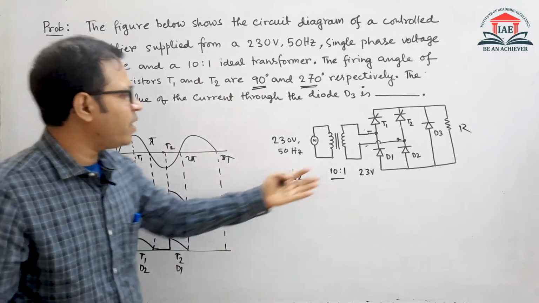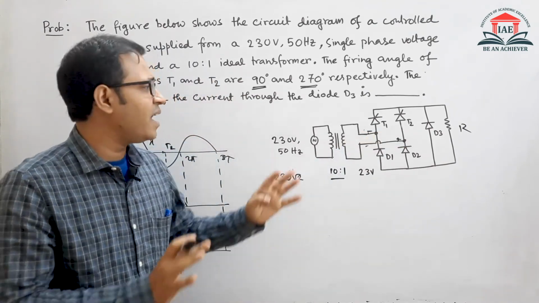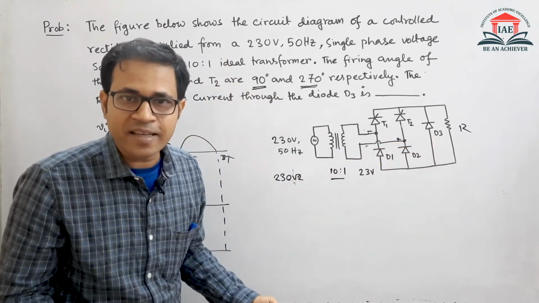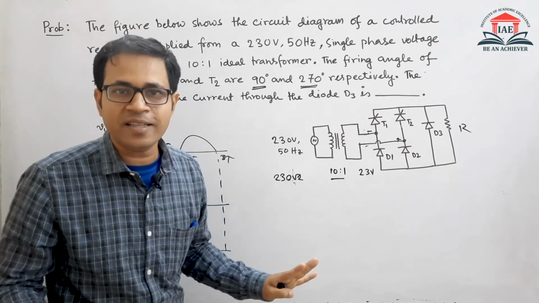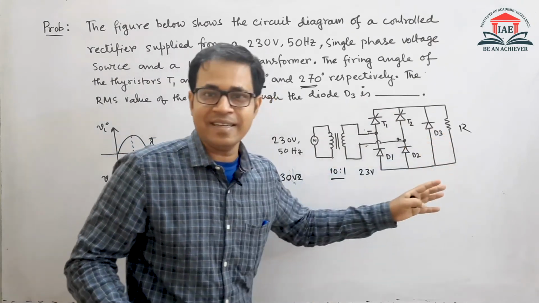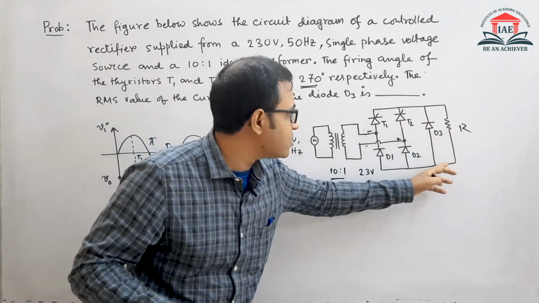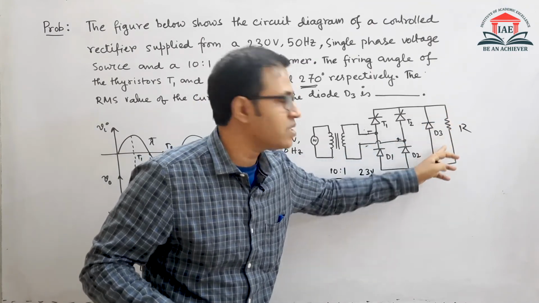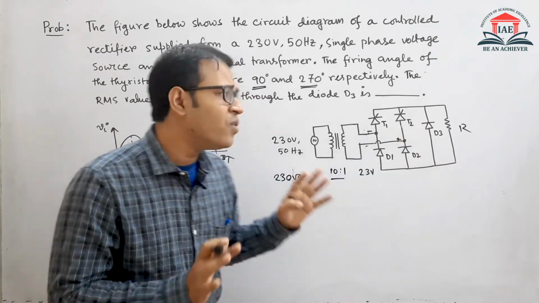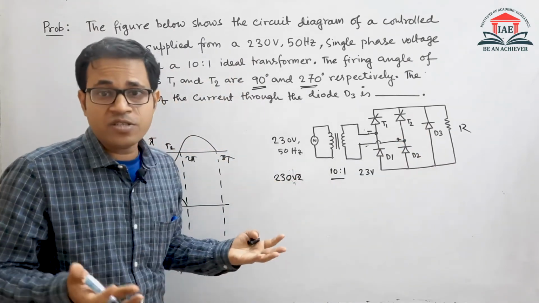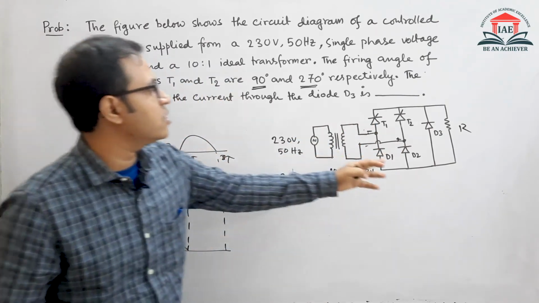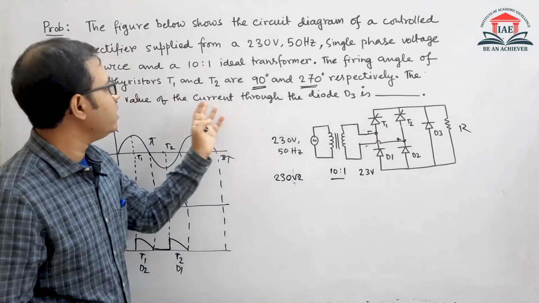Now you may think, why is the diode there? The answer is simply they have given you the D3 to confuse you. How much current is flowing through the D3? Basically, there won't be any current through the D3 because D3 will come into the picture only if there is an inductance. The inductance will charge and you will discharge the energy through this and there will be a continuous current flow. But for a resistive load, there is no use of this D3 diode. They have only given it to judge how much you know the concept or not. So the answer definitely, there is no question of conduction through the D3. So the answer will be 0. The current through this is 0.